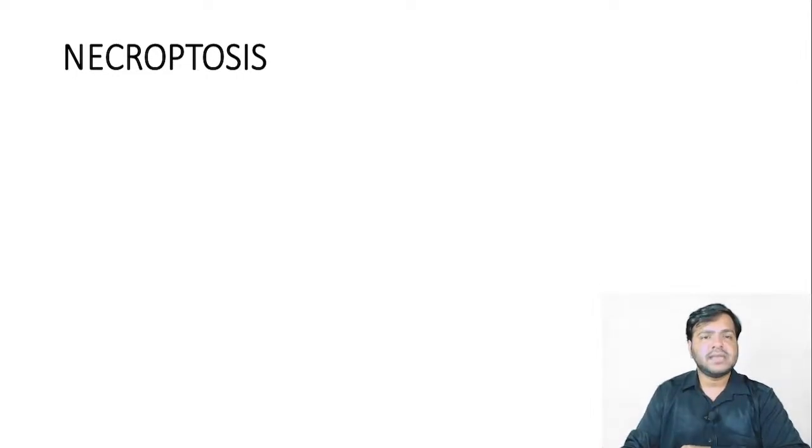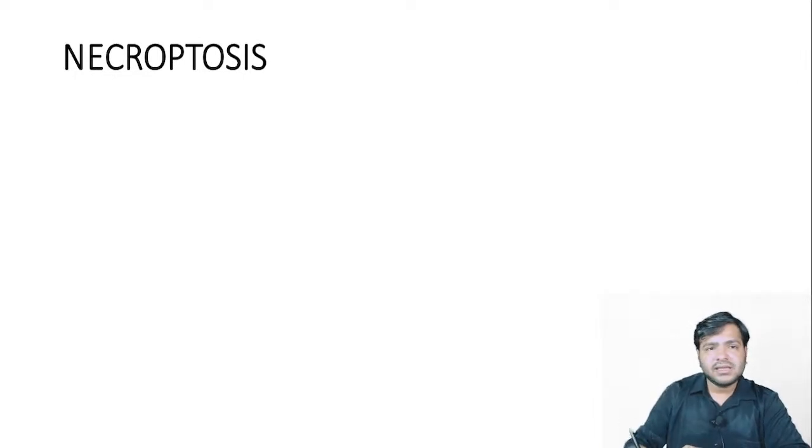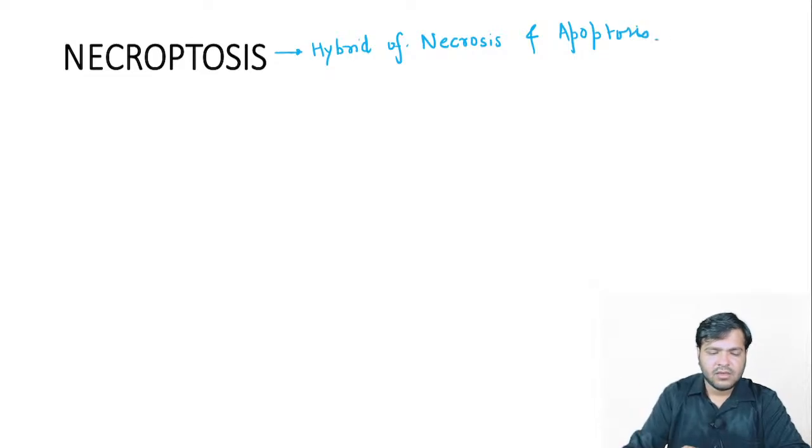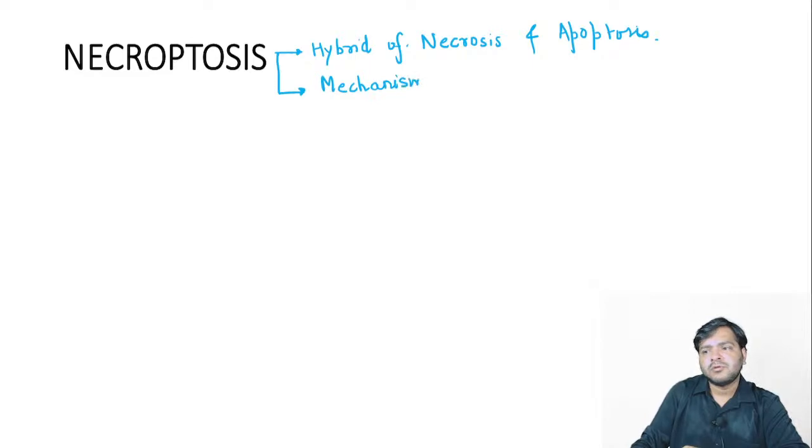Coming on to the next part, that is necroptosis. Basically, necroptosis is simply a hybrid of necrosis and apoptosis. Now, what is actually happening in necroptosis? Basically, the mechanism is of apoptosis, but the morphological features